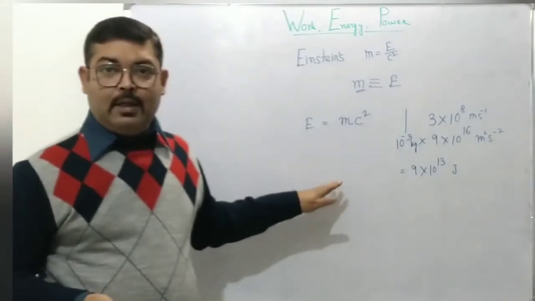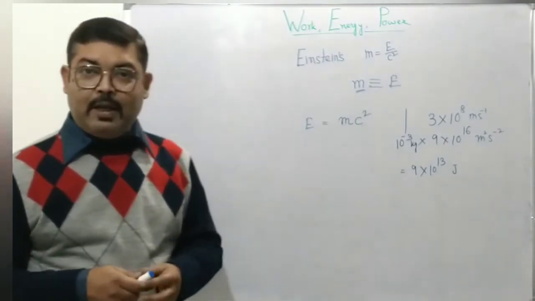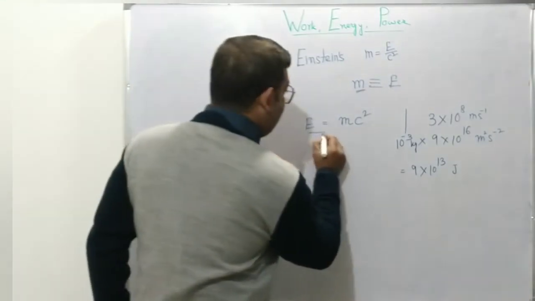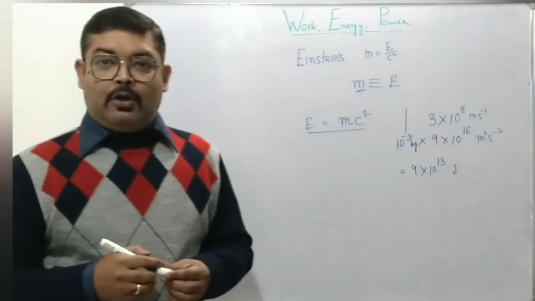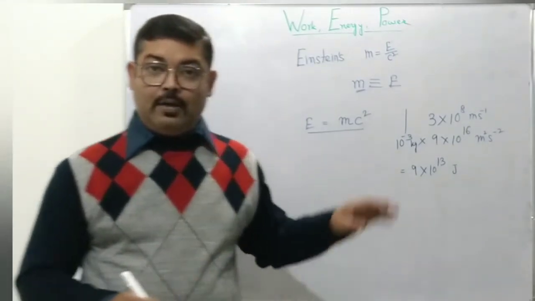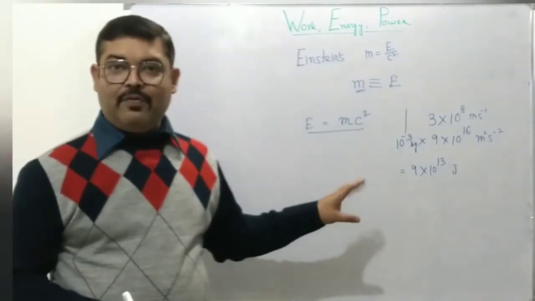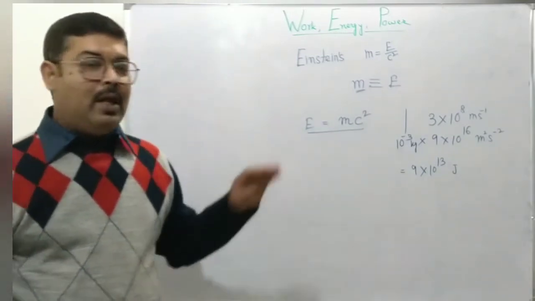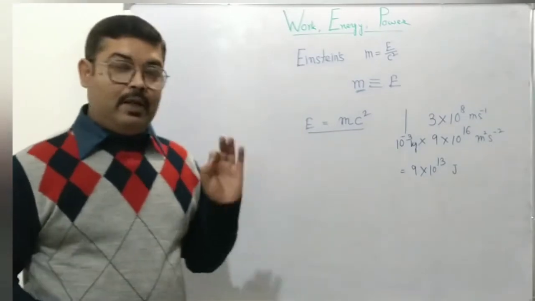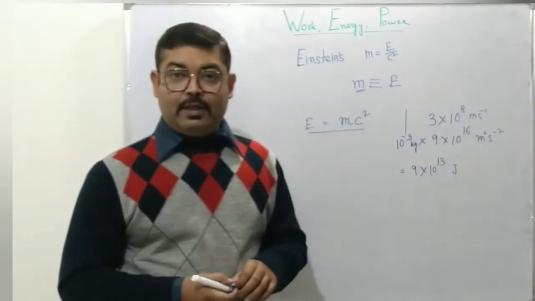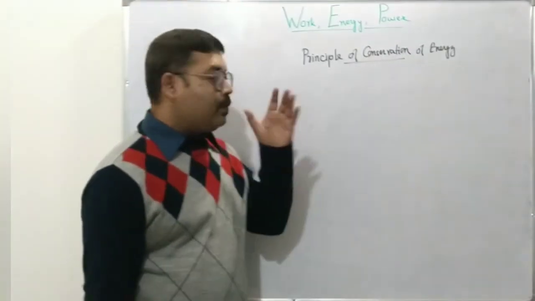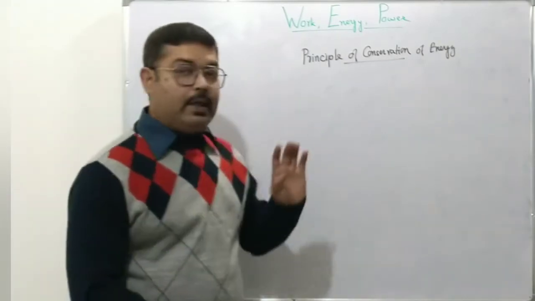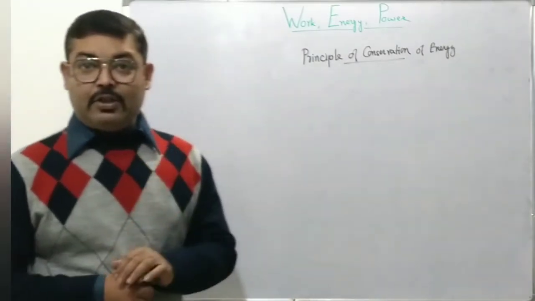All these things can be understood with this particular equation, and that's why it's not only the most famous equation in physics. Probably every person, even if a person is not studying physics, knows this equation, E equal to mc square, but it is also a very, very important part of physics. Okay, in our previous videos, what we have discussed is how energy is conserved, particularly mechanical energy is conserved.